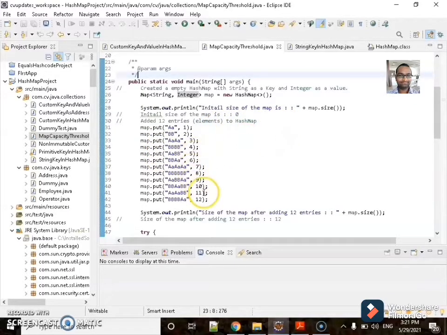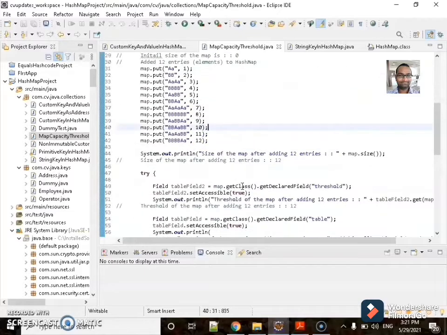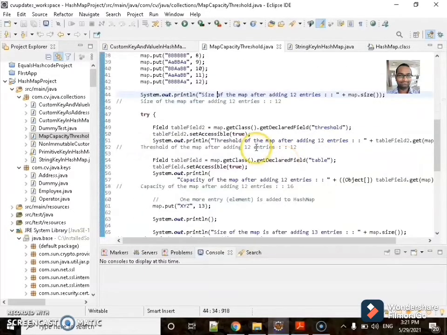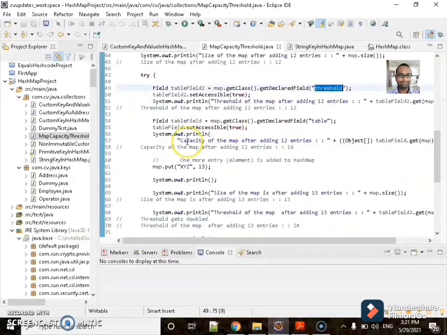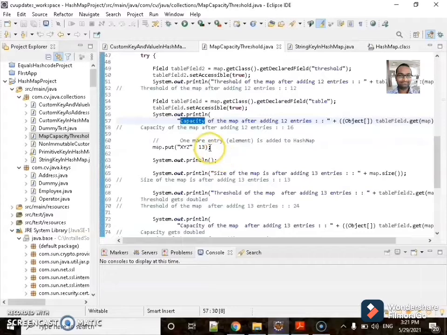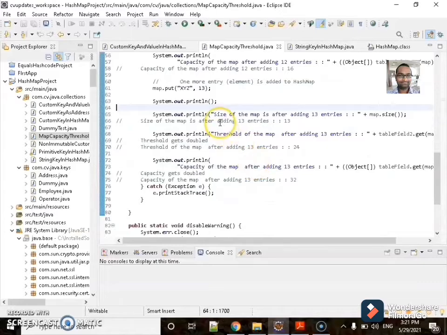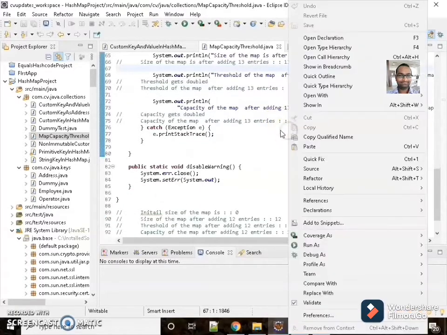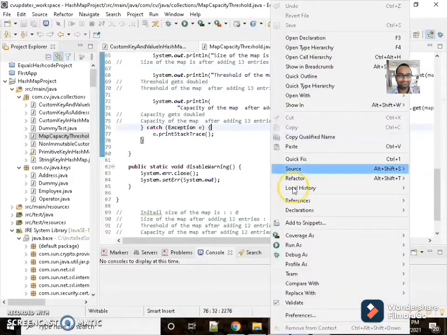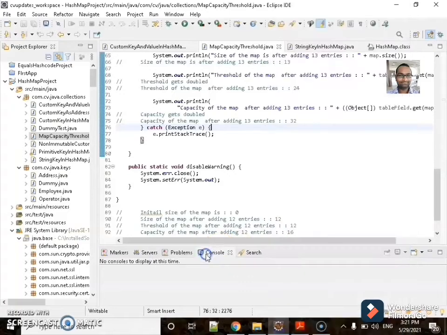I have added 12 entries to it, fetching the size of it, and I'm trying to fetch the threshold and capacity of the map by using the reflection API, and I'm trying to add one more entry to my map, and I'm trying to fetch the size, threshold and capacity again. So this is about the program. Let's try to execute this program. Right click on the program, run as Java application.